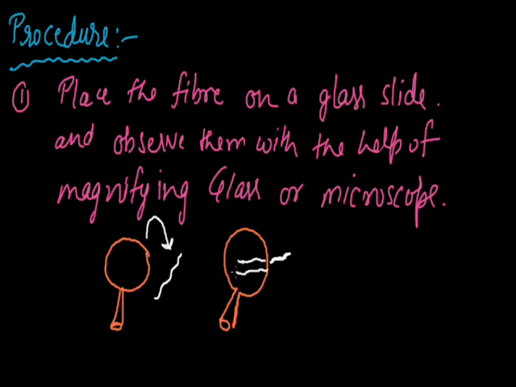the fiber has been magnified, and we observe different things in this fiber. Sometimes the fibers will be folded or uneven, sometimes straight, even and very fine, and sometimes they become porous. So we observe different things through this magnifying glass, and now we record the observations and list them in tabular form. Second point, record the observations.